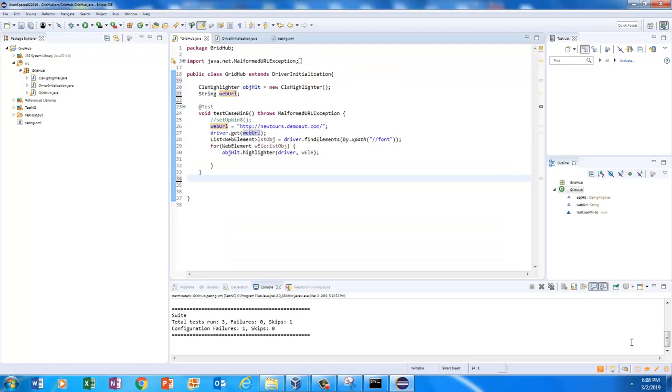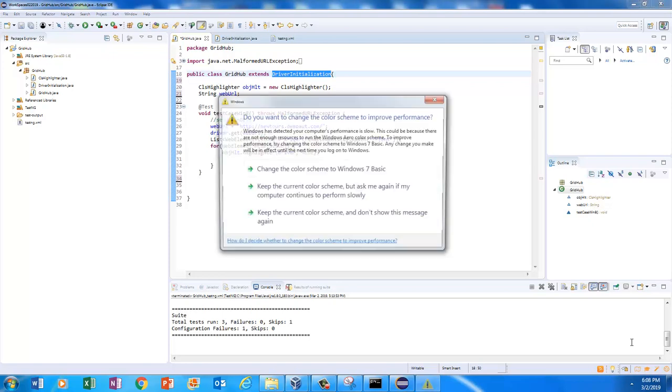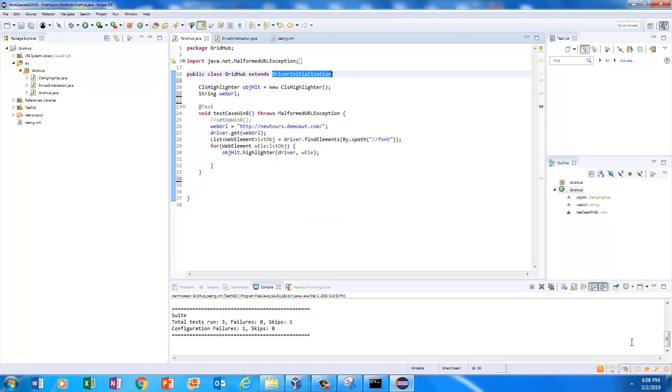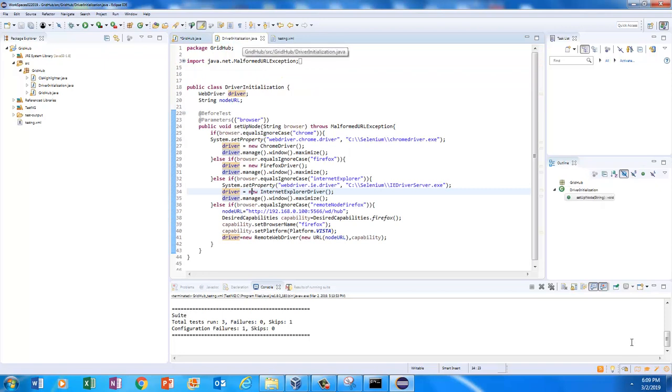test methods. Now, as you can see, a new thing that I'm going to discuss here, can you see this grid hub class is extending this driver initialization class. This is called inheritance in object oriented programming languages, inheritance. So you try to understand what this inheritance is. If you see something like this, extends and another class name, let's take a look at what I have in this class. And inside this class,